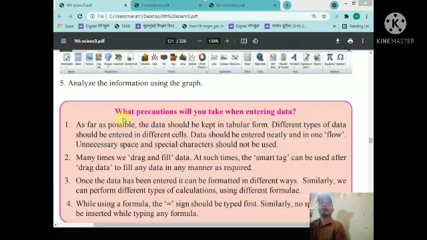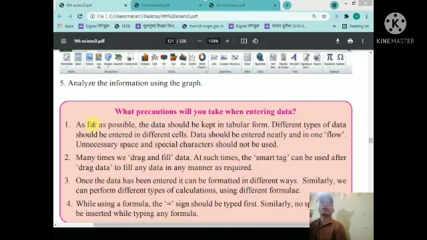Most important part of entering data. Analyze the information using the graph. Before entering data, what precautions will you take when entering data?